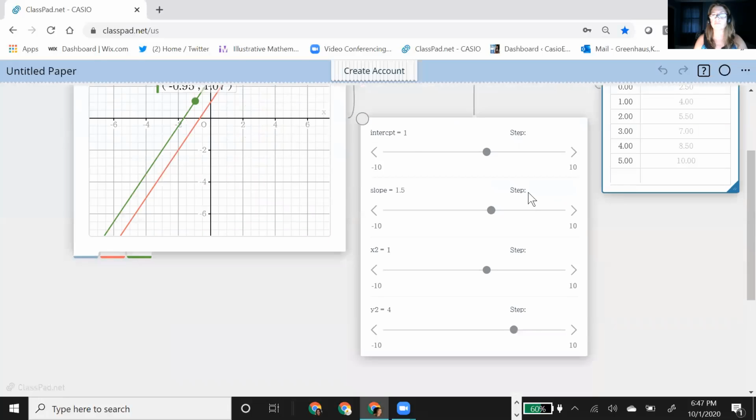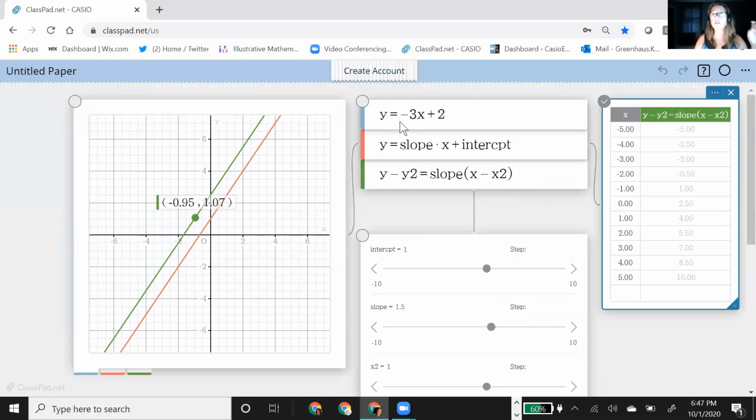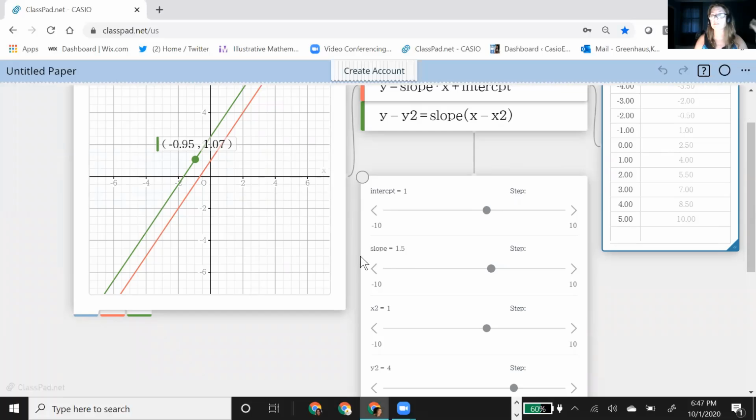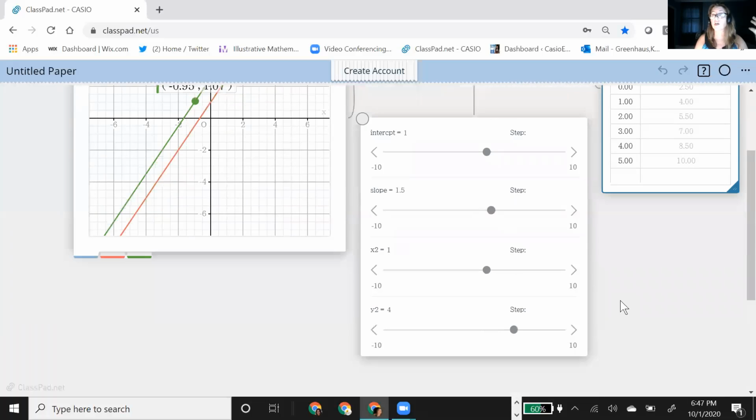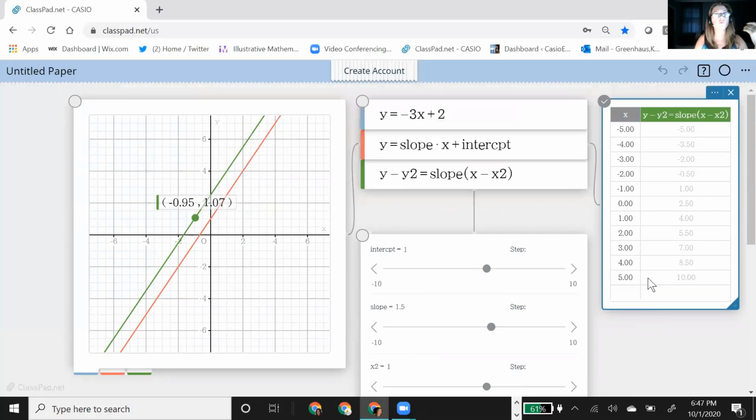So I want to make sure. So one nice thing before I move on, I'm going to create another graph sticky. All of these variables or sliders exist for the rest of the paper unless I change them. So if I use X2 again in the next graph, it's going to move up here as well. So I kind of don't want that to happen.